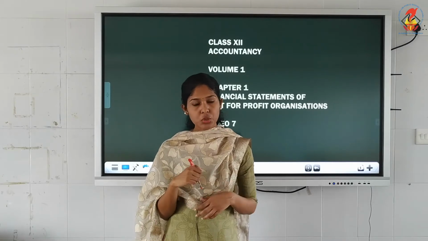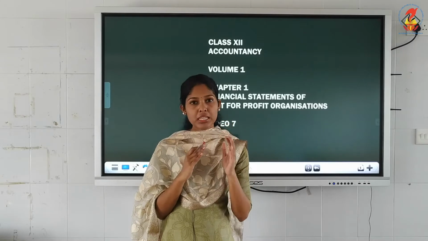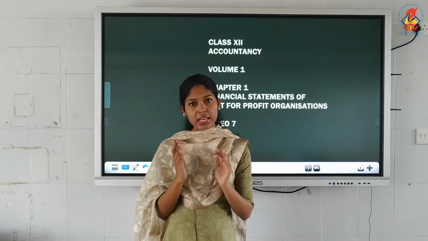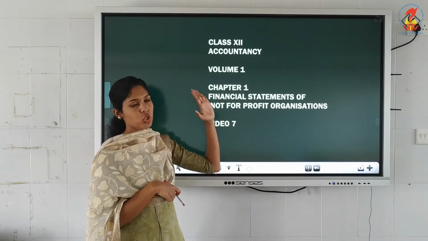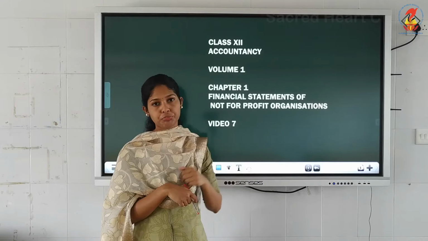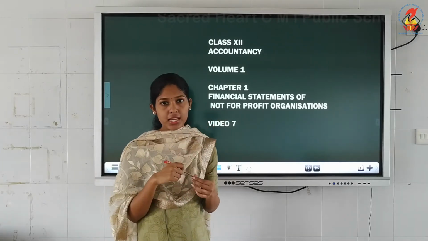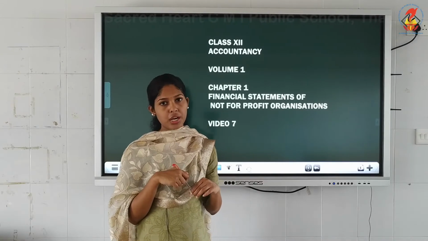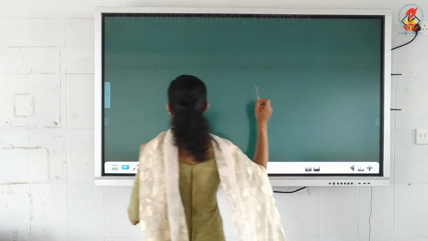So that's what we are going to discuss, and since it is cost, it is expense, it should be debited to income and expenditure account. You remember the format of income expenditure? Expenditure is coming on the debit side. So we have to write it on the debit side. So that is the format of income and expenditure account. Understood? So now we will see the formula of